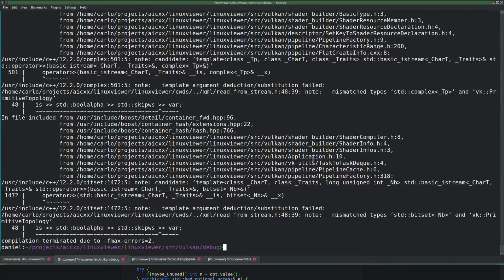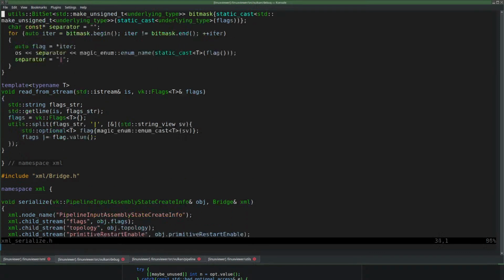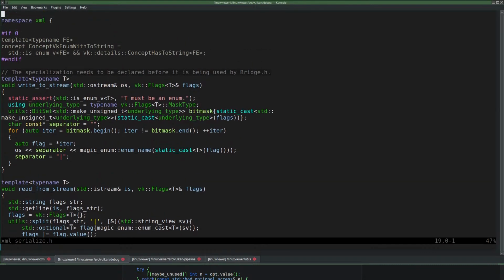It's also not very nice. It's kind of the same thing as what I already have, except now I need my concept.